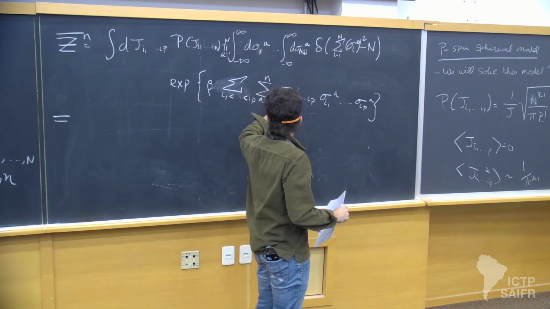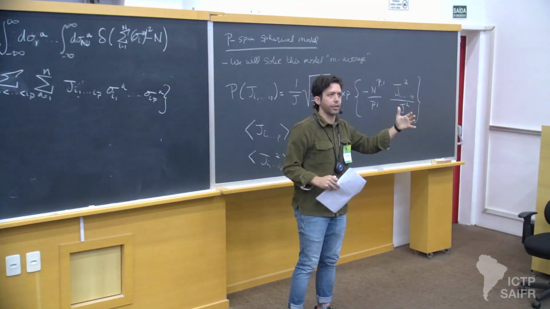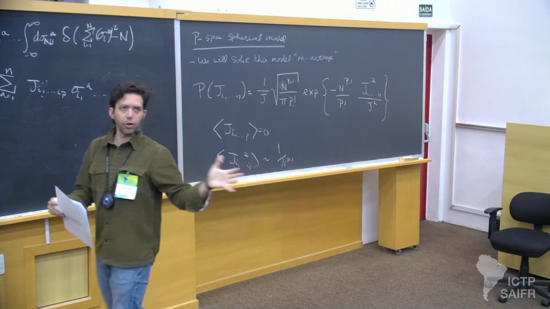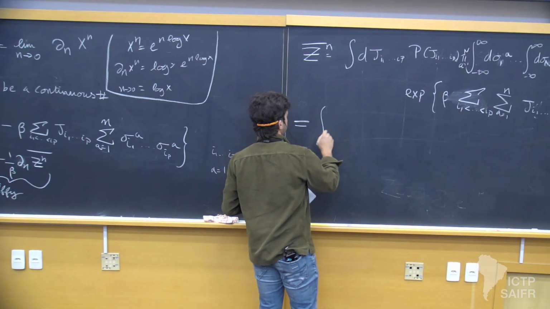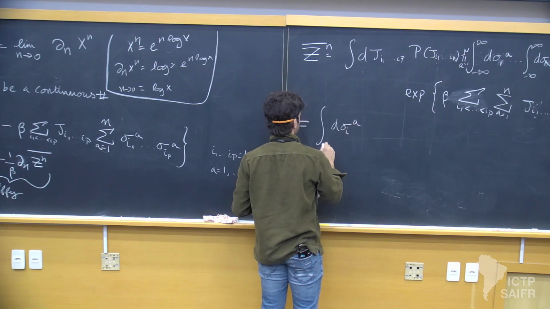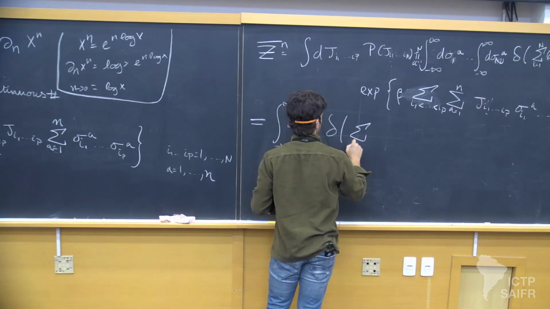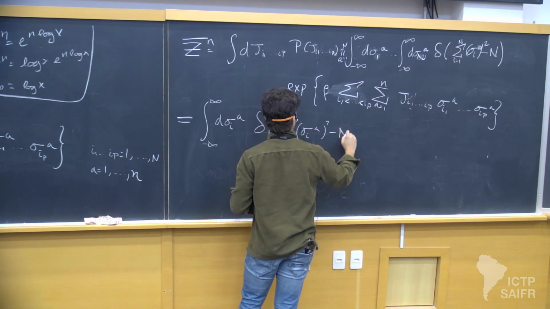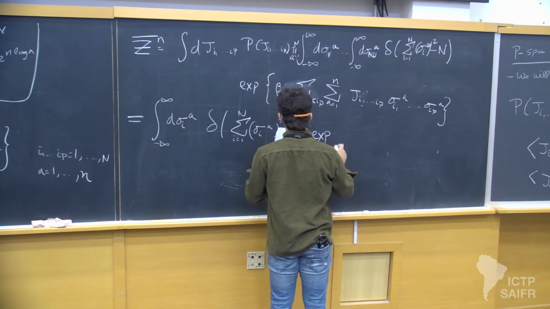When you complete the square, you're going to have something with replica index A coupled to another something with replica index B, right? Because you're summing over replicas, and you're integrating flat over the J's over all replicas. So what this gives you is an integral. I'm not going to write all of the integration measures. And then you have, I'm going to be explicit with all the factors because they come from that,